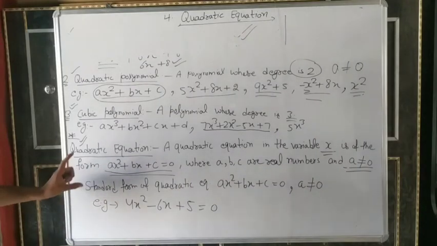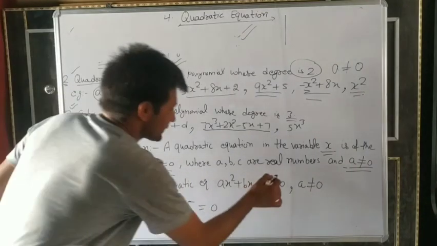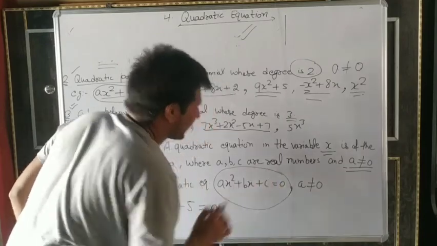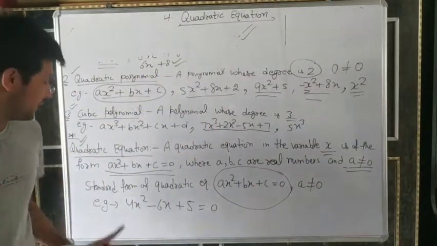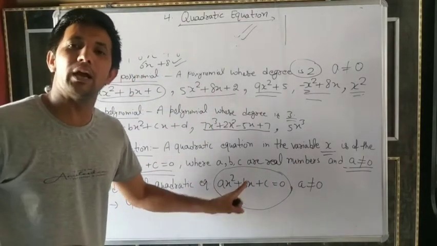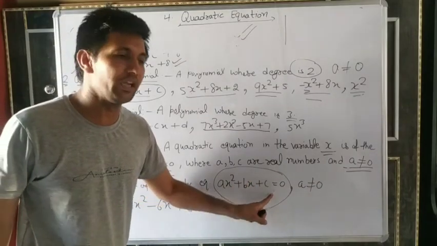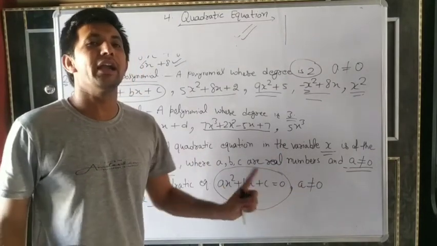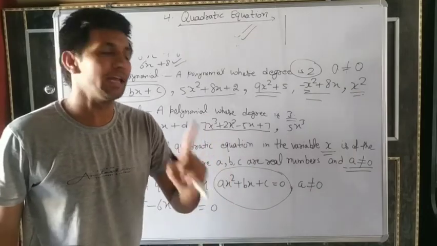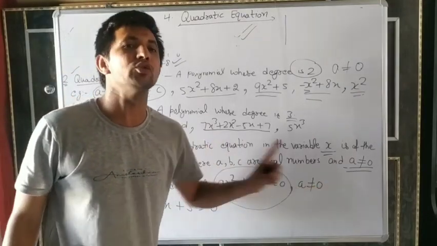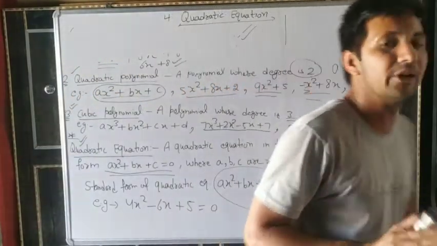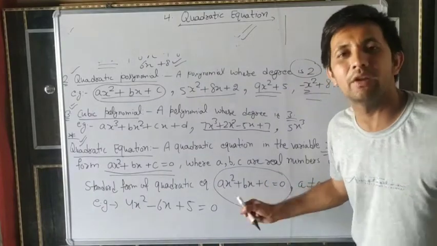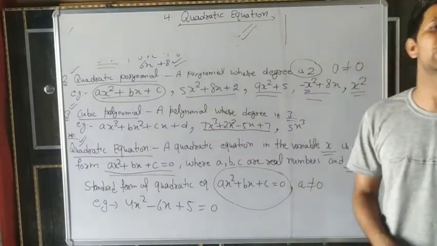Quadratic equation. It is very important. If you understand this one, what if anyone asks you what is quadratic equation? General form, standard form, ax square plus bx plus c equal to 0, and a, b and c are real numbers, and a not equal to 0. It is a quadratic equation. Only you have to remember this one. You can solve all the questions yourself.